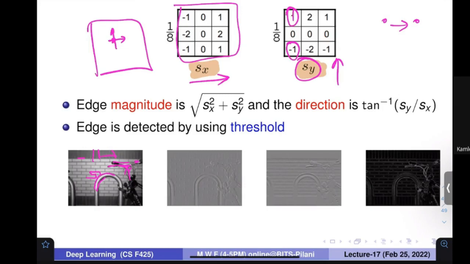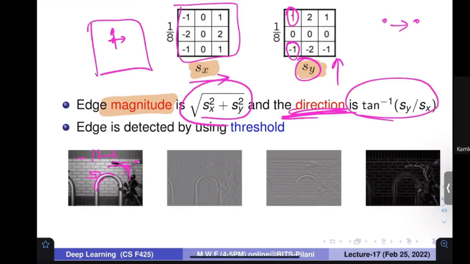Because you get two values, you can find the magnitude of this gradient as the square root of sx squared plus sy squared. You can also find the direction, that is tan inverse of sy upon sx. And if this strength is greater than some threshold, maybe 0.5, you put that particular pixel as on. Once again,